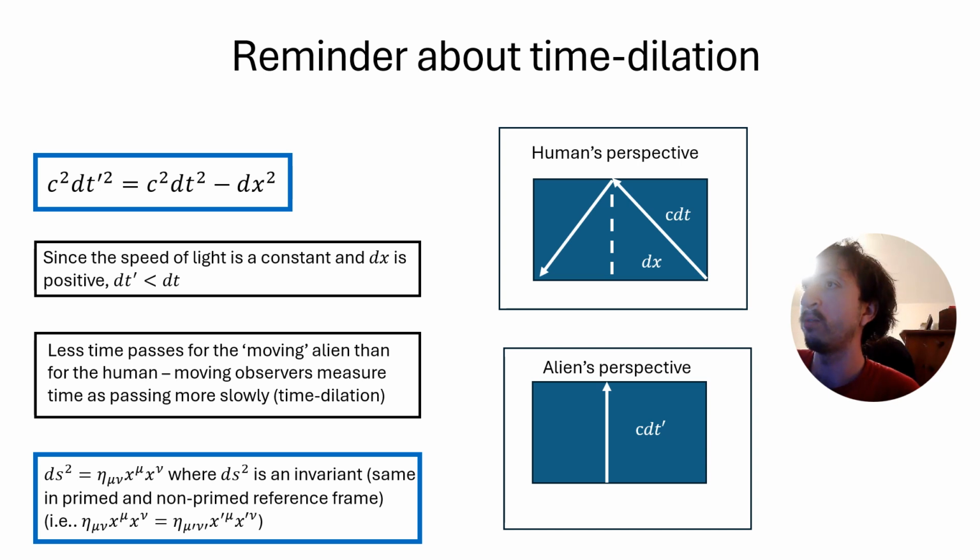But generally, when we say the space-time interval is the same for the human and the alien, in a very general sense, we'd have c squared dt prime squared minus dx prime squared is equal to c squared dt squared minus dx squared. So that's where we got to last time, and this x mu is the contravariant components of our 4 vector, which marks the 4 position. So x mu has components c dt and x, and also the eta mu nu, the Greek letter with 2 indices, is a matrix, and this matrix introduces this minus sign